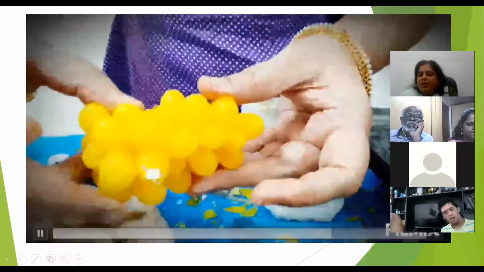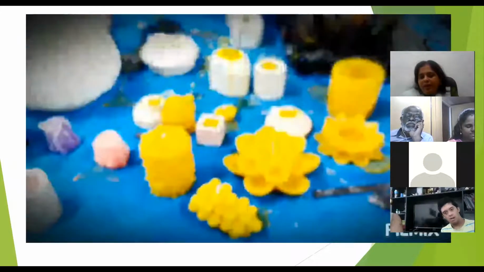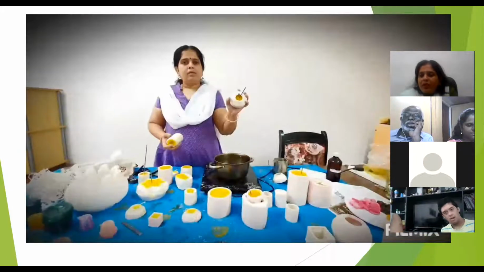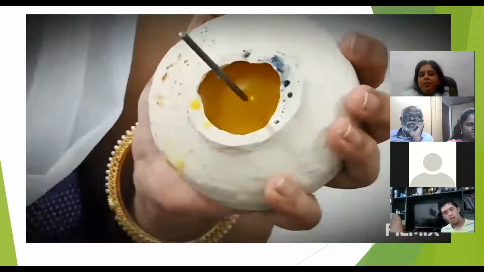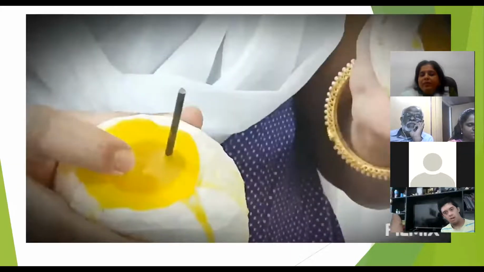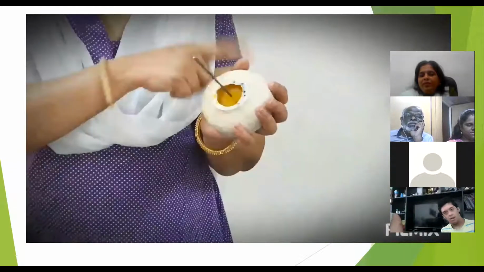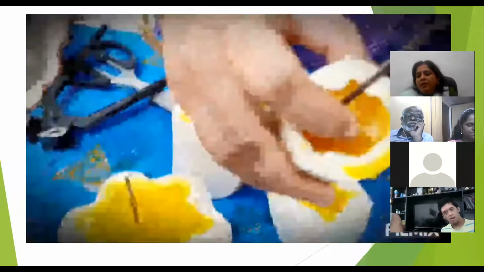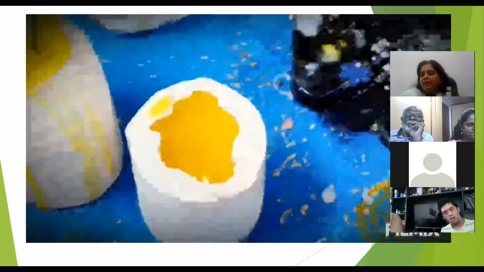So this is grapes. Like this, you have beautiful molds which are available in the market. I will also tell how you can do it in Oman also, where you get the materials. I'll be telling in the end. So these are the rods which we had put. So you need to always refill it properly. Refilling is very important while making candles.